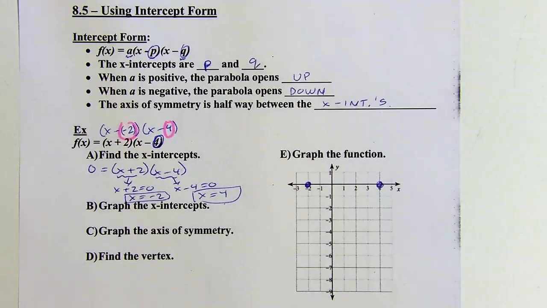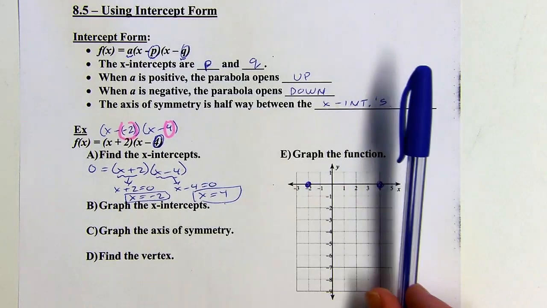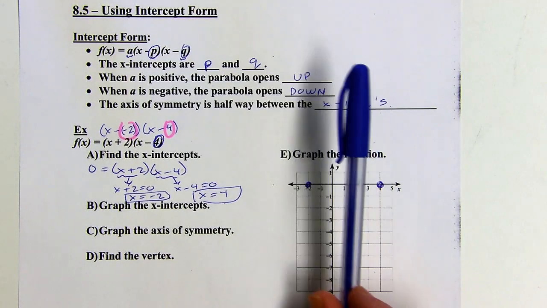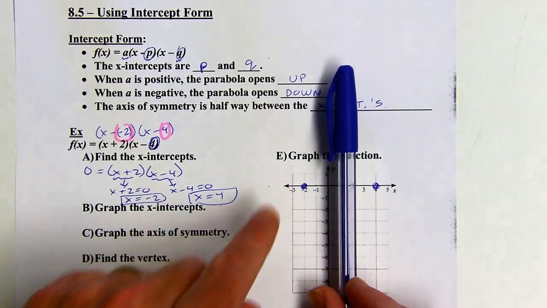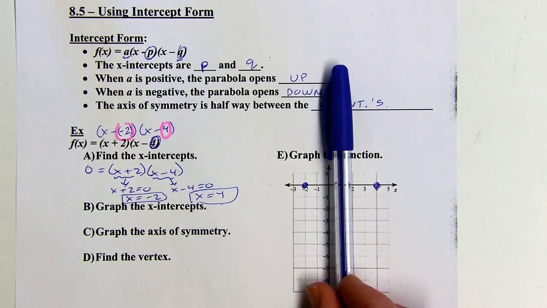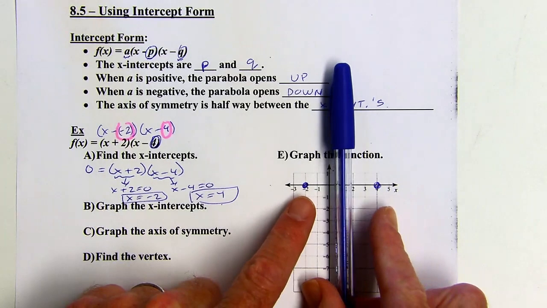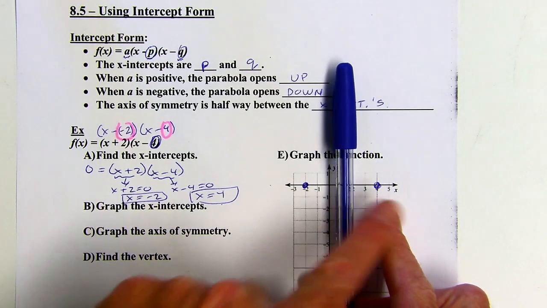Okay, so next I want to graph the axis of symmetry. So I know it's a vertical line that's in the middle of my parabola, and I know any point on the parabola is going to be reflected over the line of symmetry. So that means the line of symmetry should be right in between, in the middle of the two x-intercepts,